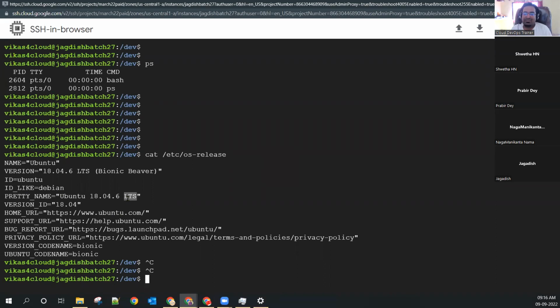That answer is correct. If LTS is written anywhere, it means the community or whoever has released this version 18.04 is ready to support it for a long term. If anything goes wrong, any security update or any update is required, they will give it for a long term. When it is released, they will support us for at least 3 years. If you upgrade to any of the LTS versions, you will get support for at least 2-3 years or more.